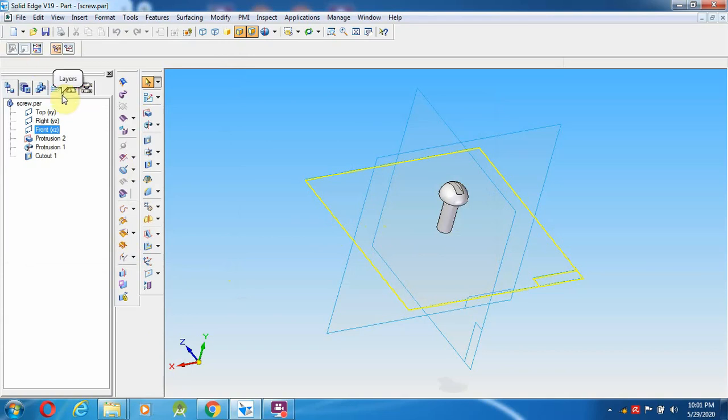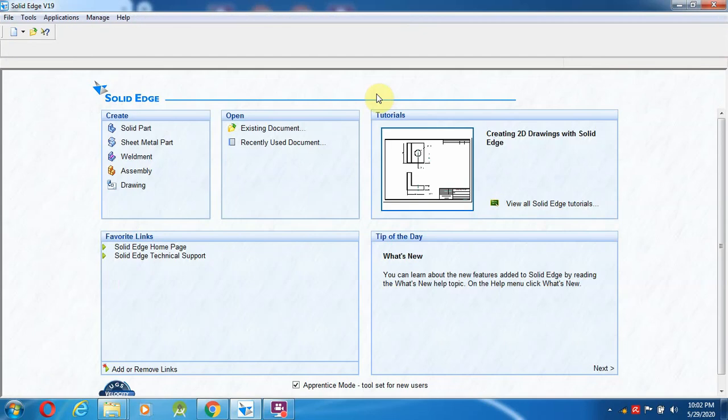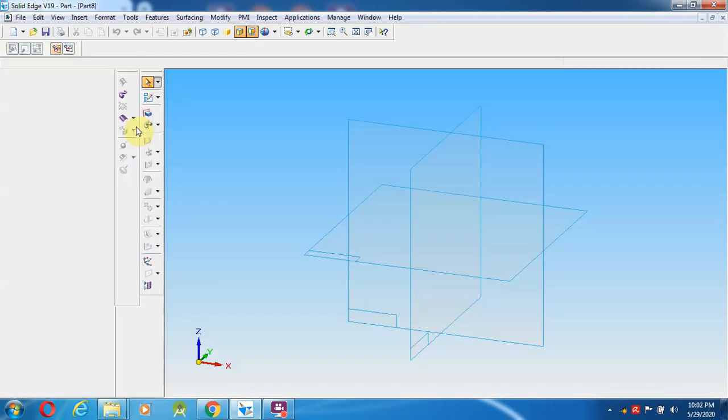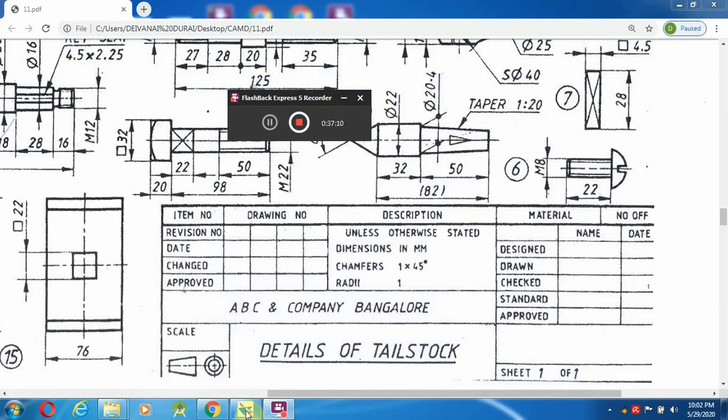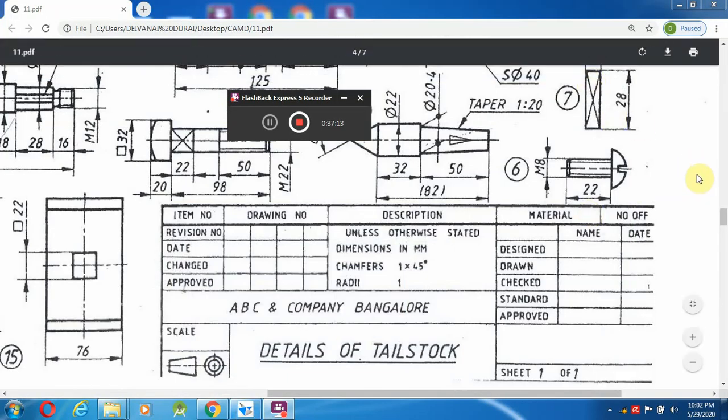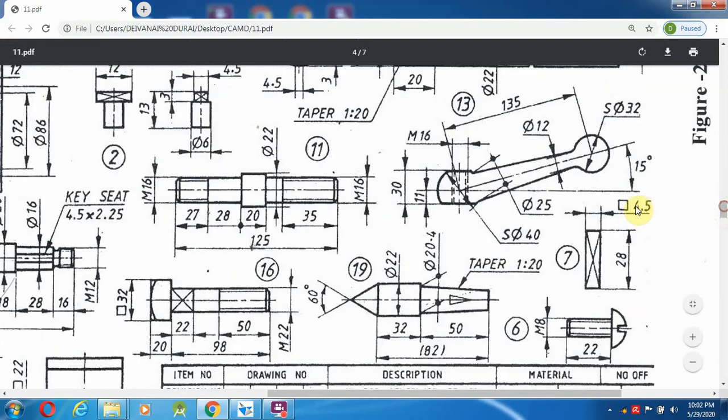Then come and draw the next one, the 7th part, that is the feather key. We are going to draw the feather key in the 7th part. Solid part, select protrusion, front view. The feather key will be 28 mm long and a square of 4.5 mm each.